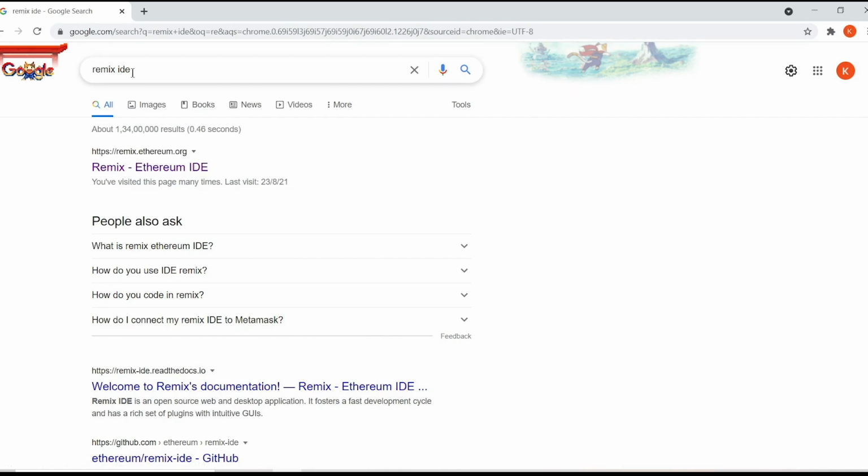Now we are going to talk about our Remix IDE. We are going to use Remix IDE for this course for compiling our Solidity projects. So we are going to understand how our Remix IDE works in this particular video. So let's begin. To access Remix IDE, just type Remix IDE on your Google search bar, then click on this